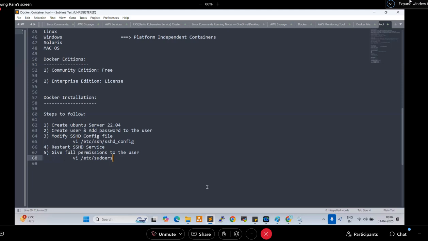After that, the sixth step here is we need to add that user into the Docker group. We need to add the user into the Docker group, right? So once we add the user into the Docker group,